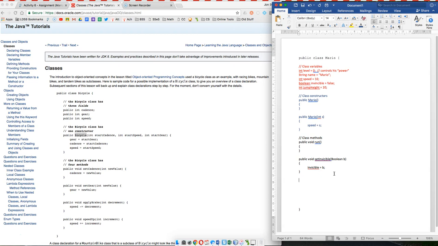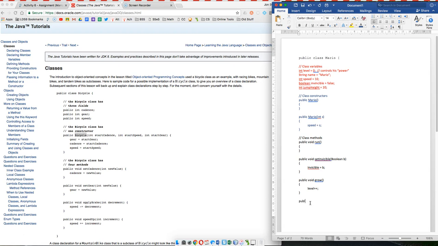If I got a mushroom, right, if Mario's walking along, don't forget he's at level 0, which is controlling how tall and how powerful he is. If he gets a mushroom, then maybe I have another method saying grow. And if we call the grow method, maybe that means we're just going to increase his level by 1. So there's my grow method. If I get a mushroom, if I get a flower, whatever.